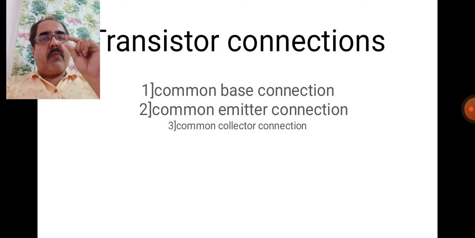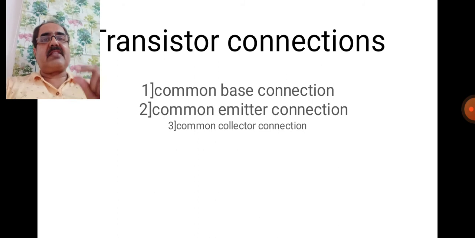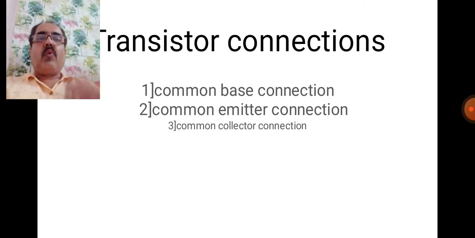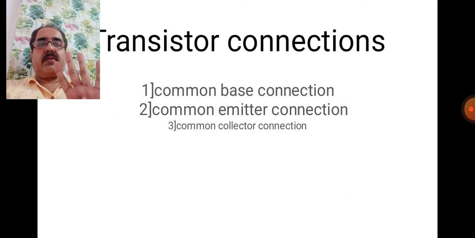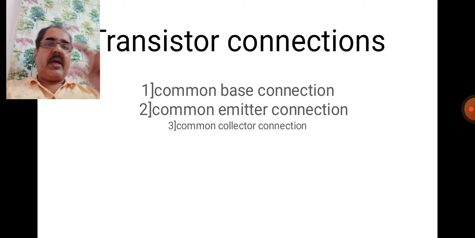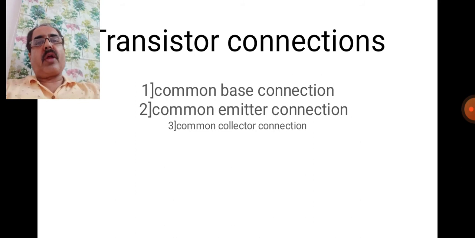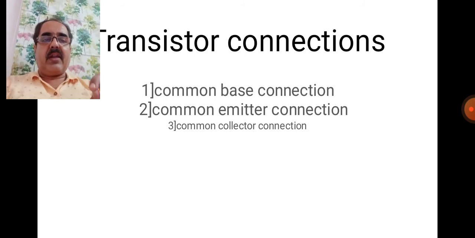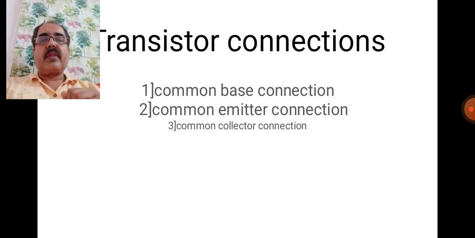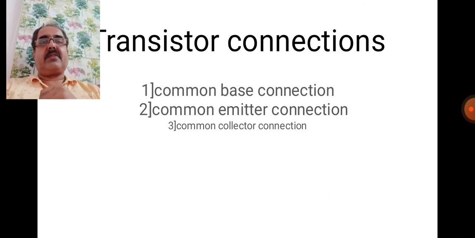But when we are going to attach this transistor in a circuit, at that time we need four terminals. Why four terminals? Because in the connection there is one input and another is output. That means two terminals for input and two terminals for output. But here we have three terminals: emitter, base and collector. So what can we do? There is a difference between 3 and 4, right? Actually we need 4 terminals, but here there are 3 terminals.